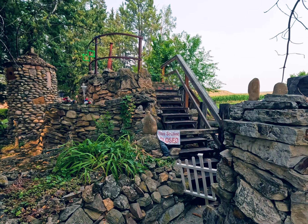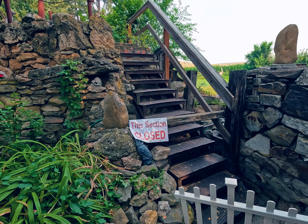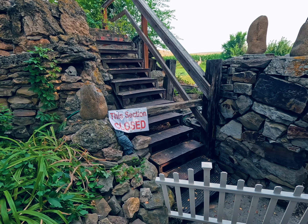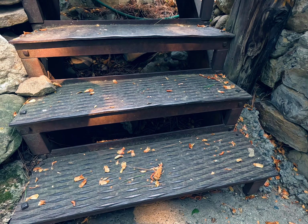We already discussed the Wise Men's Tower, but what we haven't mentioned yet is this staircase, another one of Land's historical salvage jobs. This set of metal stairs was actually taken from a steamship called the Josephine that used to run up and down the nearby Yellowstone River in the 19th century. And now, it's here,